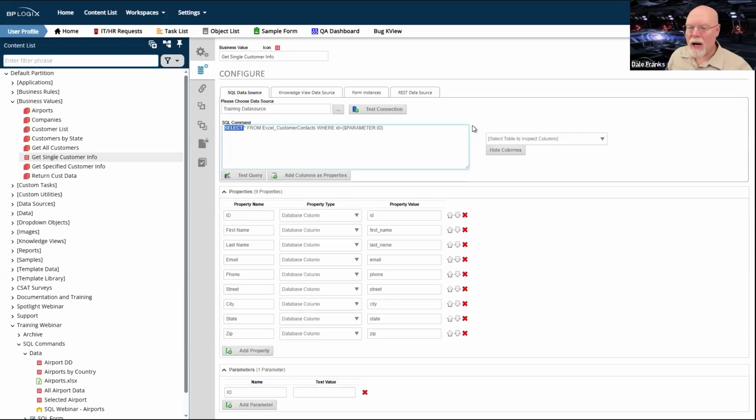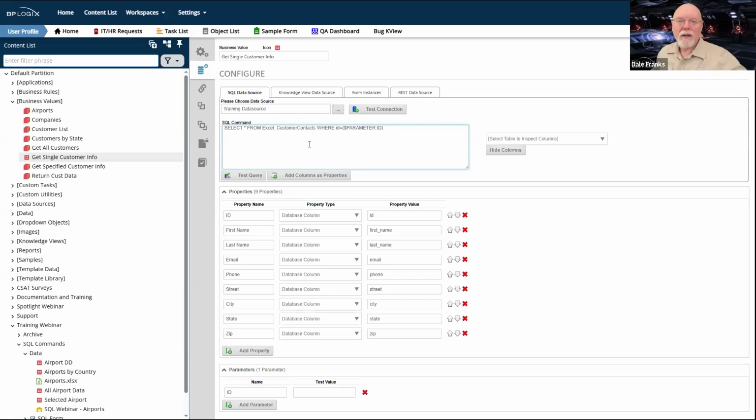But now we're talking about changing data. So we can't use a business value. Well, that's not true. We can use a business value, but we won't because it's an extraordinarily bad idea. Process Director does not vet your SQL. It doesn't look at your SQL and ensure that it's right. Doesn't look at your SQL to ensure that you did it properly. It doesn't try to help you or prompt you. It's going to pass whatever SQL that you put in it to the database.